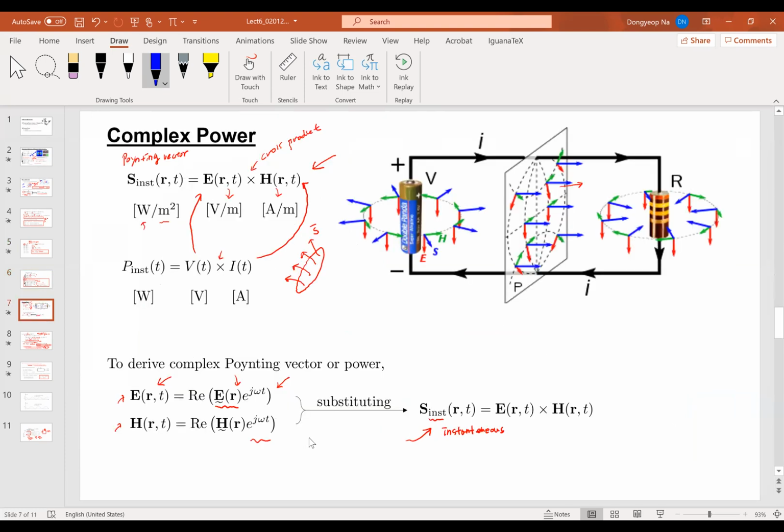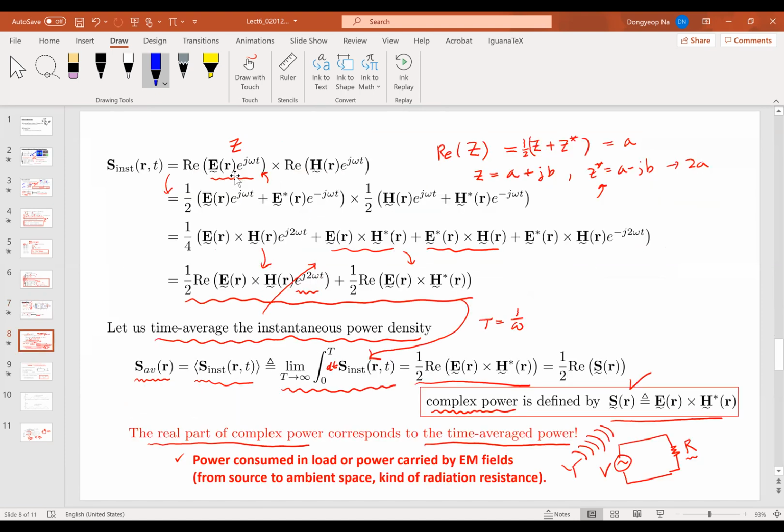The other topic that we have discussed was the complex power. We're starting from the Poynting vector. Instantaneous power density is defined by the cross product between the electric and magnetic vector fields. Then we substitute the phasor form of the electromagnetic field into the instantaneous power density, and by doing some math we can arrive at two facts. One is that the time averaged instantaneous Poynting vector